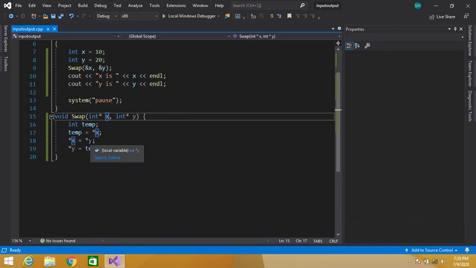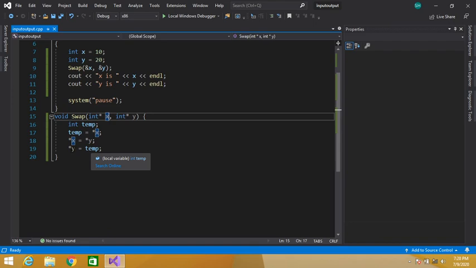So I have swapped the value of x with y, and here I am storing the value of x to y. So I have swapped these two values. I have exchanged the value of x with y and y with x.